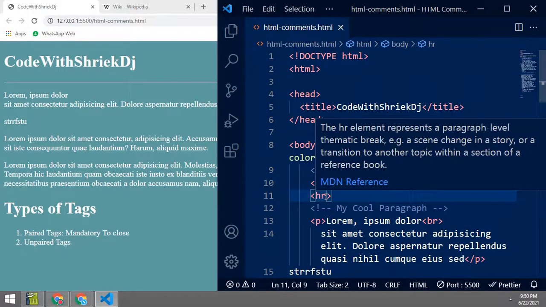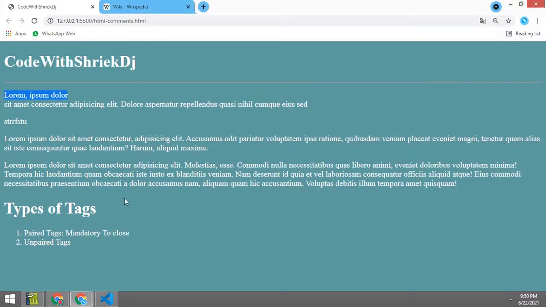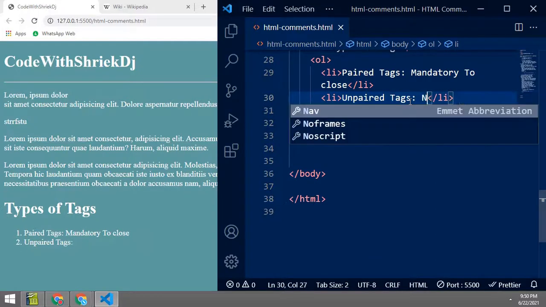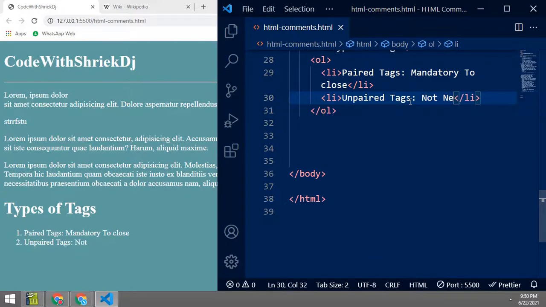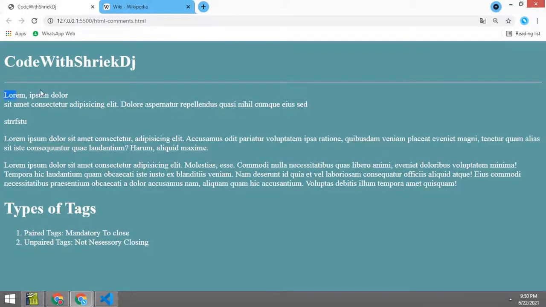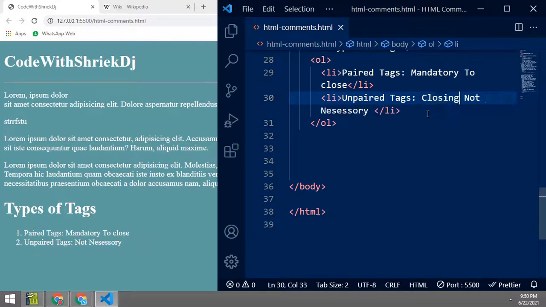And with an unpaired tag, you can close it if you want to, but it is not necessary, and nothing is going to change. Okay, so this is how you can understand the types of tags, which are paired tags and unpaired tags. There are two major types of tags, not elements or tags.